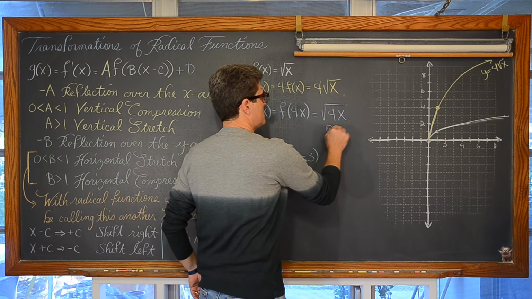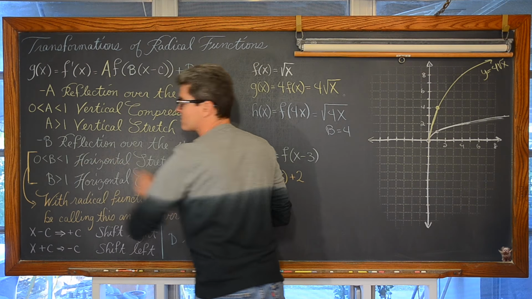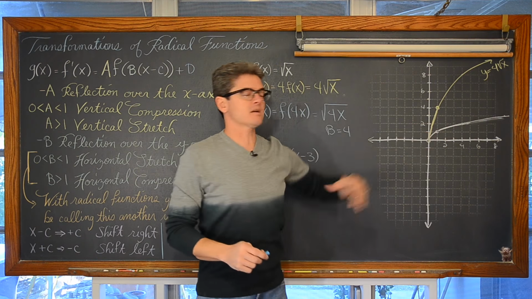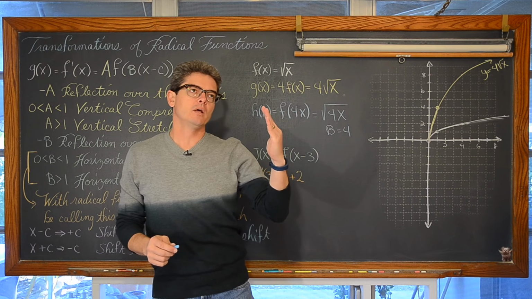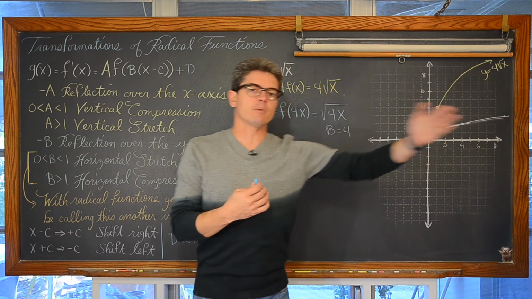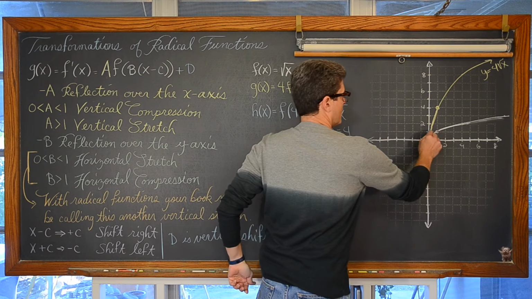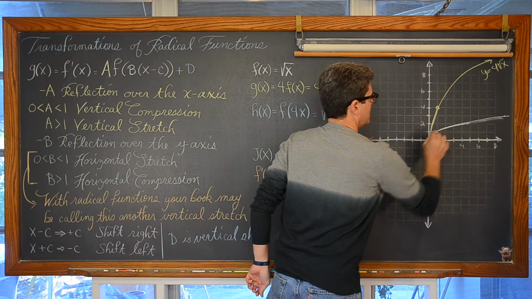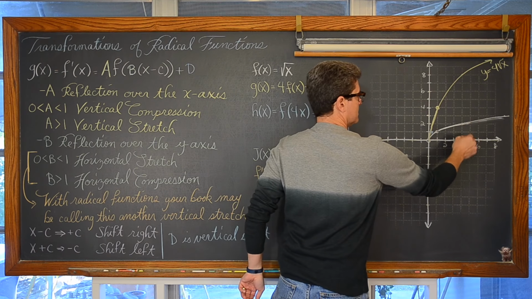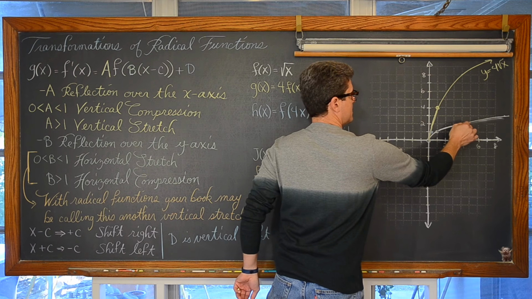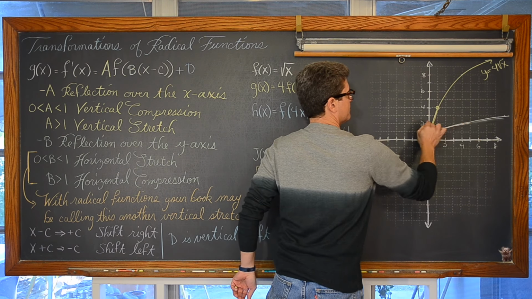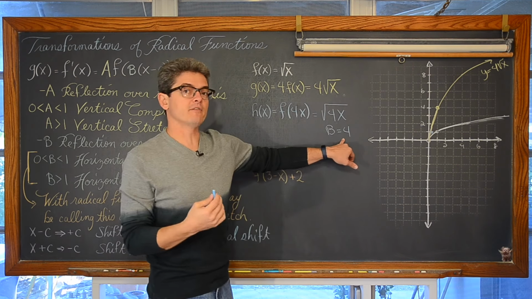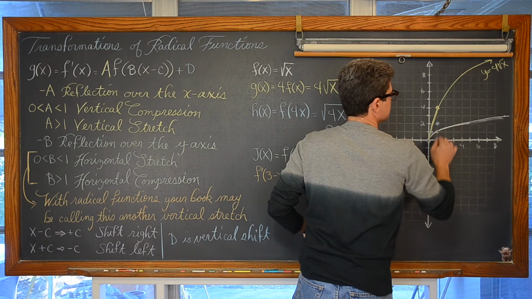So if b is equal to 4, that's obviously larger than 1, the distance that each of these points along our parent function are away from the y-axis is going to come in, not multiplying by 4, but by dividing by 4. So 1 unit away becomes 1/4 of a unit away. And like the square root of 4 gave us 2. Well, that point here of (4, 2) is 4 units away from the y-axis. So if I take that distance of 4 and divide it by 4, I get 1. And so on and so on.